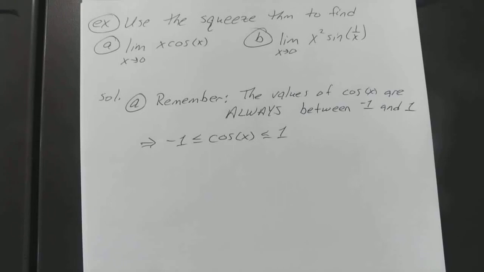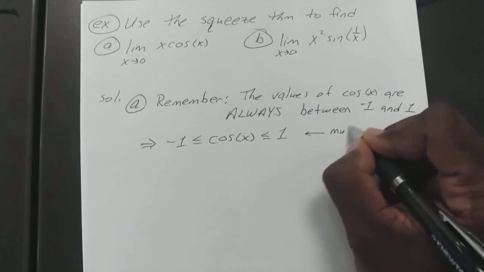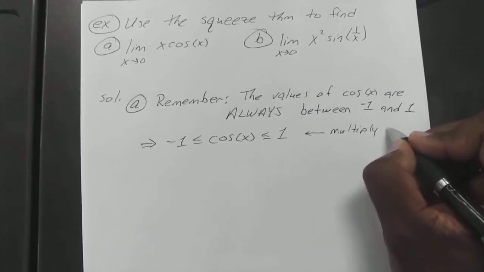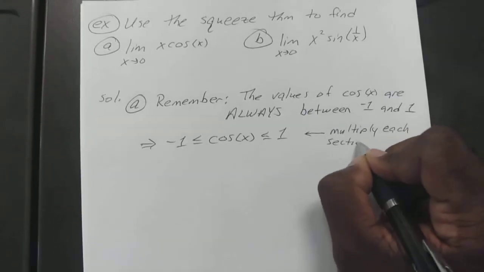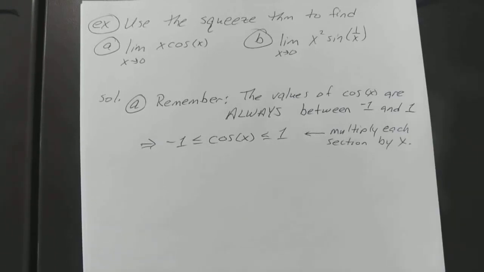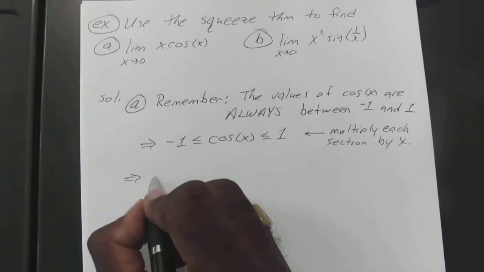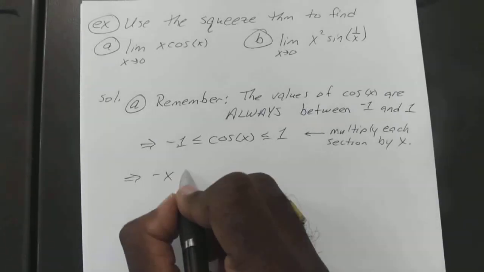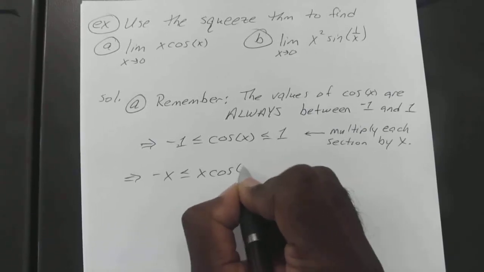Okay. So if we just get that and we multiply each one of those sections by x, then that will end up giving us -1 times x is -x, so less than or equal to x cosine of x,